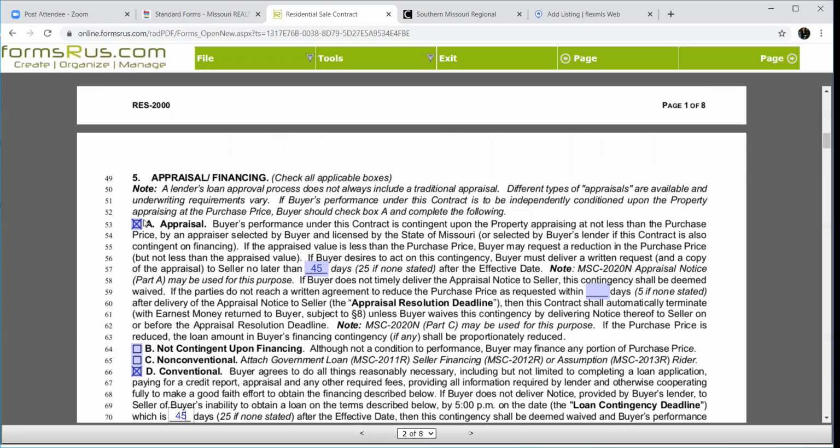Right. I would do a contract amendment that states appraisal period extended to X, closing extended to Y. Right, but I mean, there, they got it. Yeah, and that's the thing, and it's frustrating.